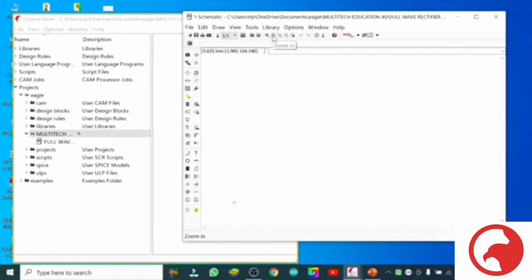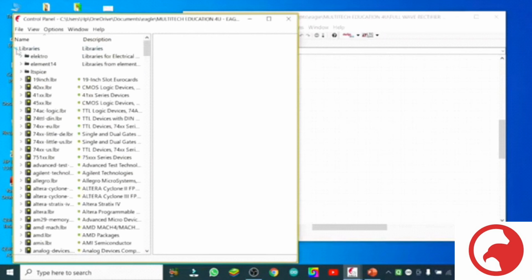Now minimize, you can zoom in, zoom out, fit in window from these symbols. If it runs away, you can bring it back from the fit in window symbol, zoom in, zoom out, like that. And these things are normal, usual. In so many programs you will find photos, 3D paint, like this. So now from the library, how we will bring the components as per our circuit.